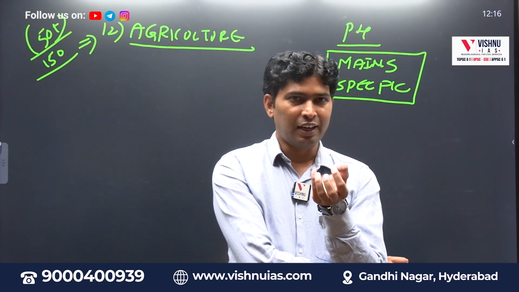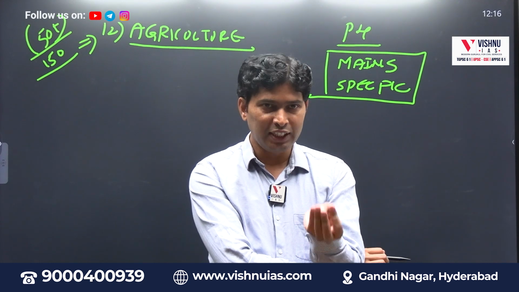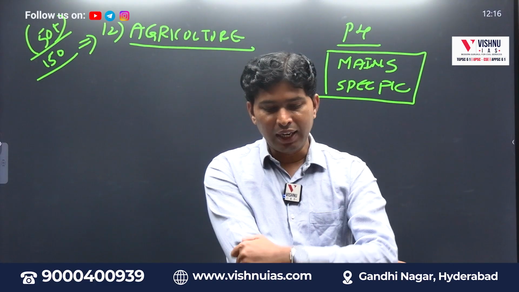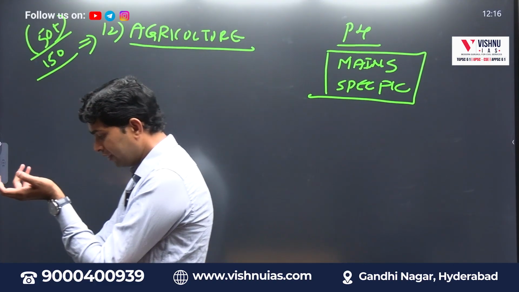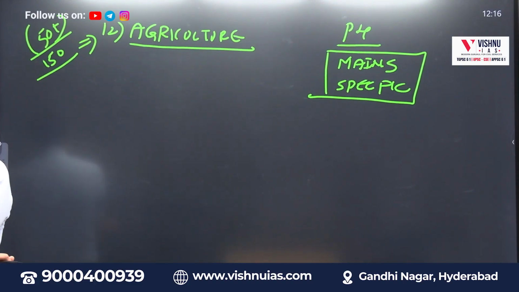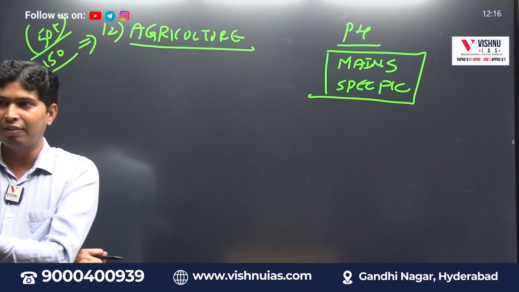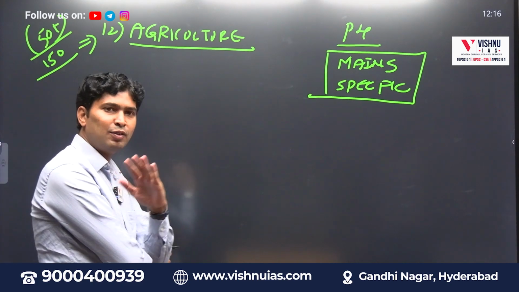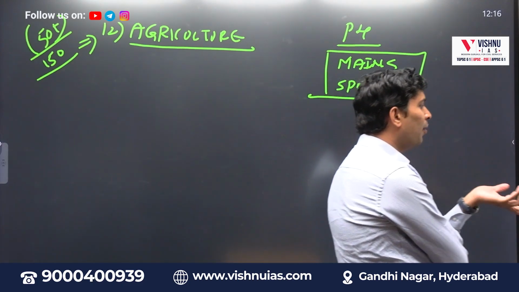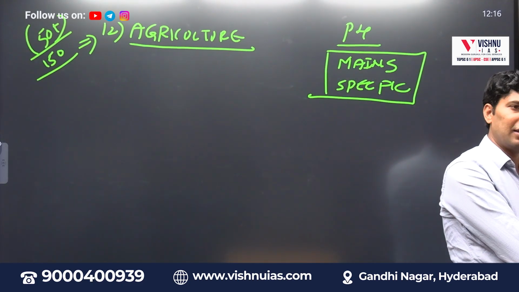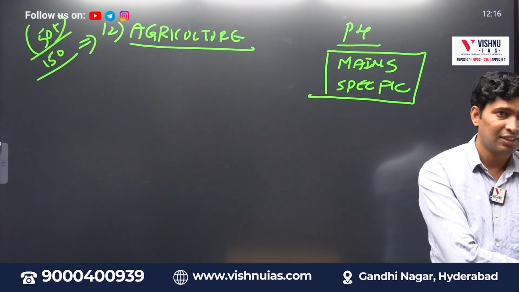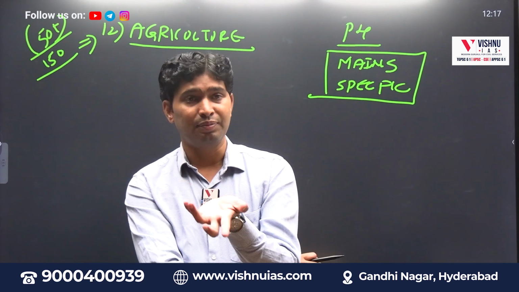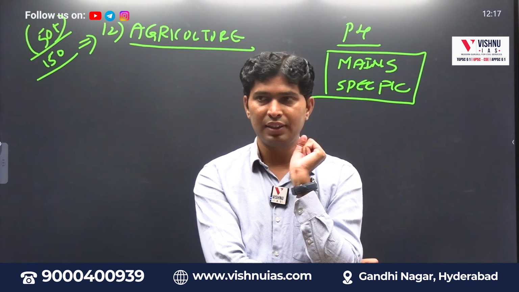So what is agriculture? What is land reform? What is the water problem? Seeds, fertilizers, irrigation, crops, cropping pattern, marketing problem, farmer suicides, loan waivers, food processing, animal husbandry, fisheries, green revolution, evergreen revolution, stubble burning. So both static part as well as current affairs part. As a common man, what is your attitude towards agriculture? What is your understanding of agriculture? What are the problems faced by the farmers? How should we try to promote them? That is the essence of the agriculture chapter.